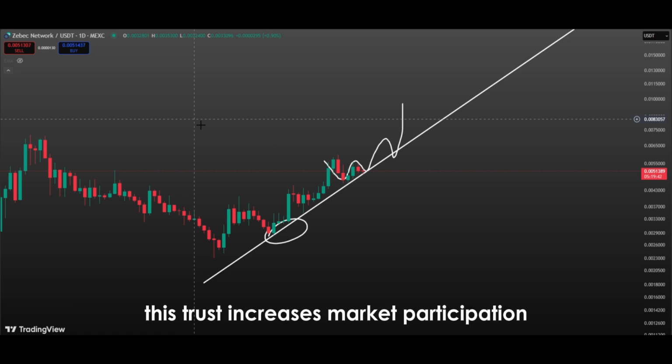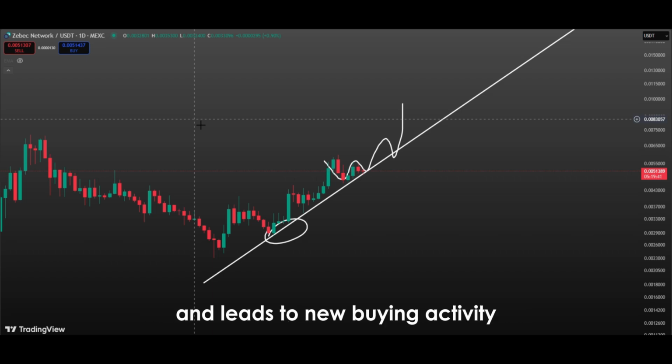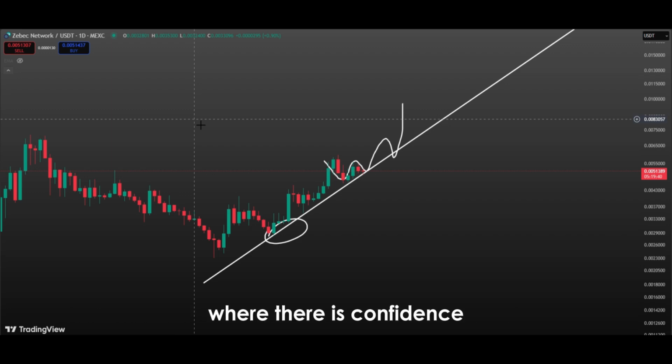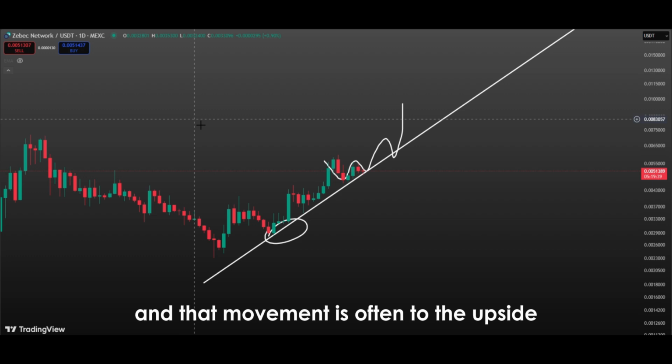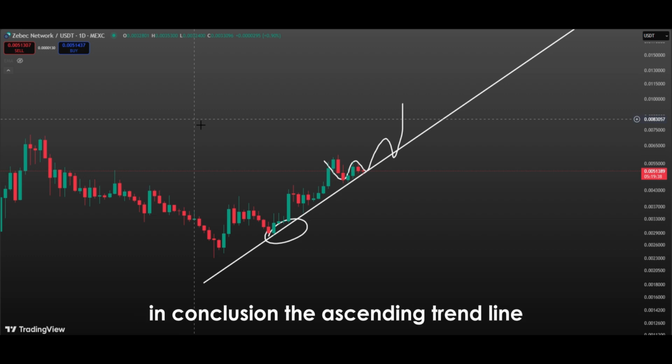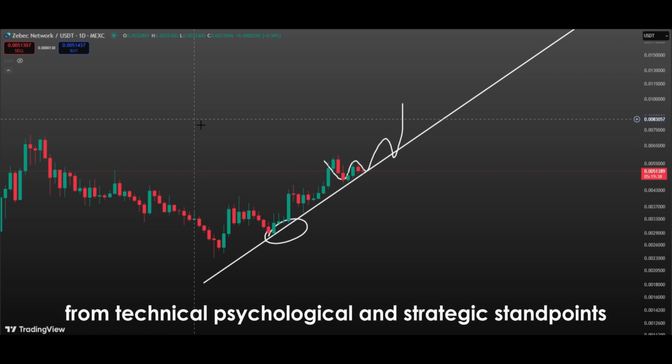This trust increases market participation and leads to new buying activity. As a result, the price can move upward more strongly and steadily. Where there is confidence, there is movement, and that movement is often to the upside. In conclusion, the ascending trend line that the price is currently touching is an extremely important level from technical, psychological,